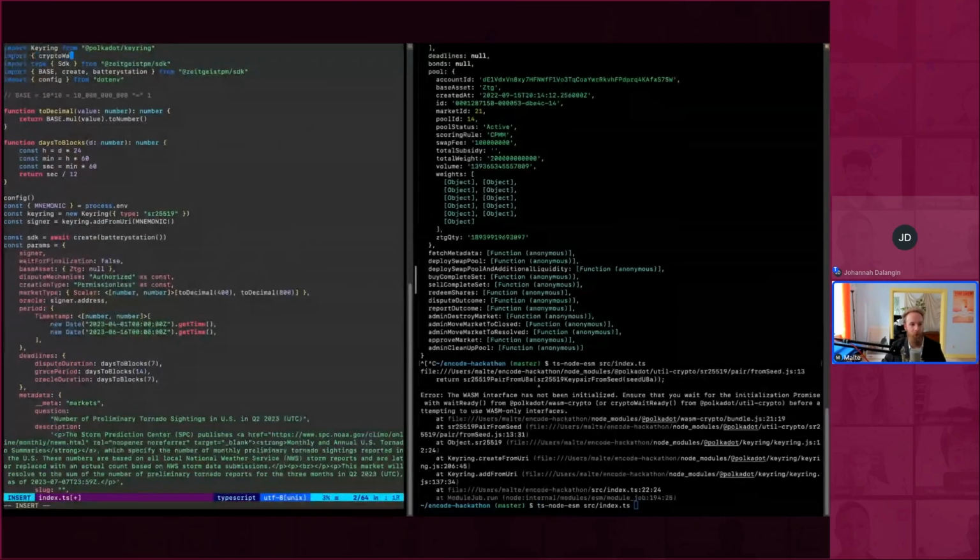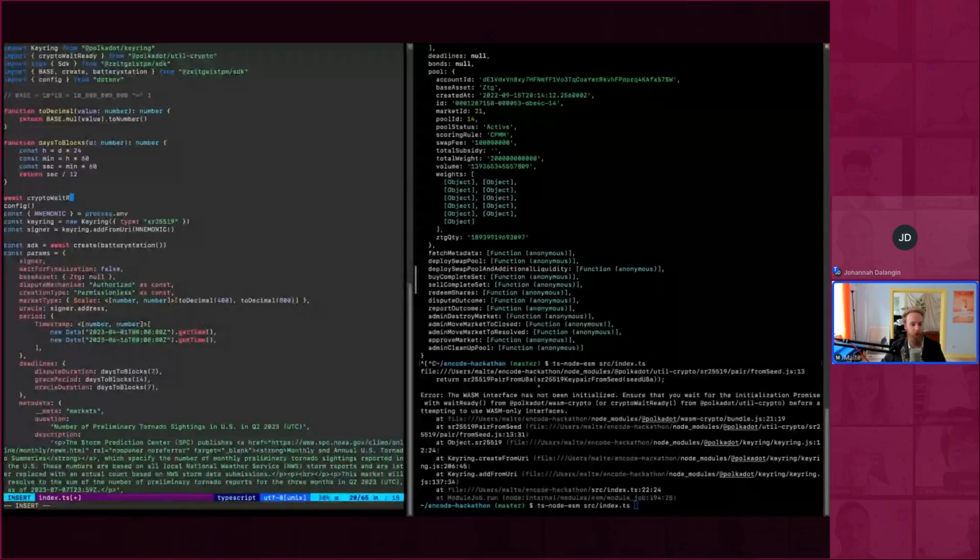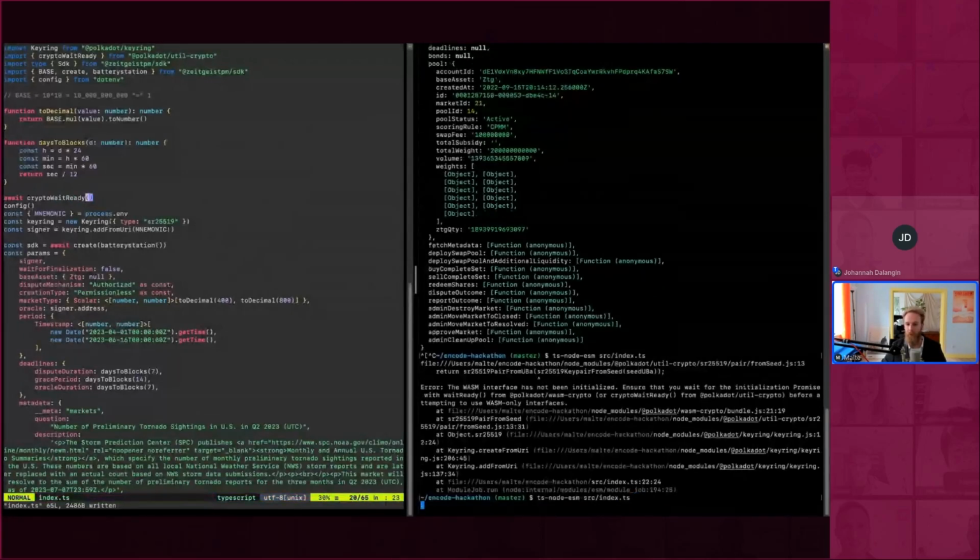So we've got to import something from util-crypto and just wait until the keyring is ready to prevent this race condition here. And I think now this should be fine.